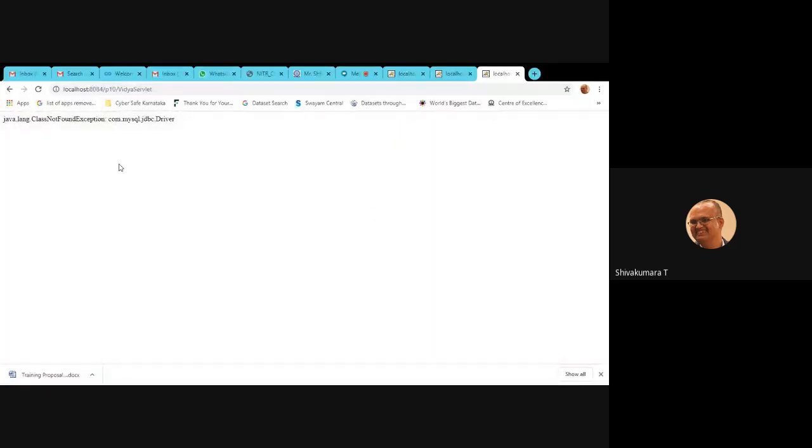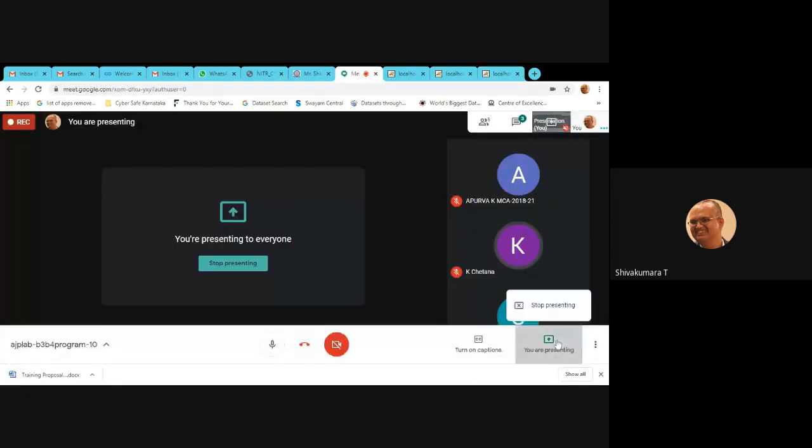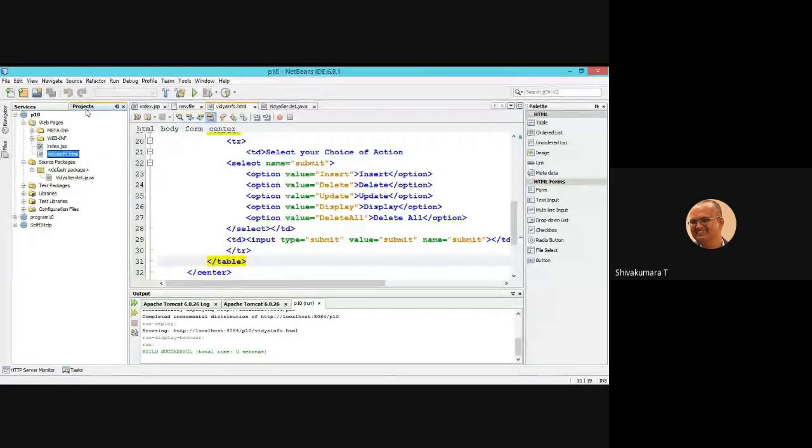Submit. There is a JDBC error, class not found exception. Why? Because the JDBC jar file is not added to the library part of the code. So again, this is very important. If we miss this step, even though everything in the code is right, you are unable to execute the code. For that, come back to the projects window. In the libraries, expand the libraries. Is there any jar file related to MySQL connector? If it is present, it will work. If not present, again you need to import it in this way.